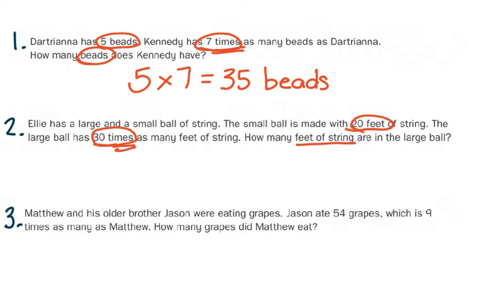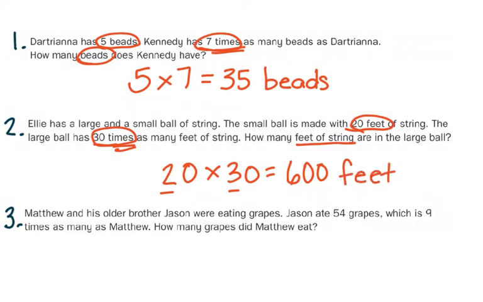All right, the small ball is made of 20 feet. The large ball has 30 times. So we're just looking at an extended fact. 3 times 2 is 6. We'll add 2 zeros on the end. And then let's write 600 feet of string. Usually when there's a word problem, there is some sort of label to be added to the end of the